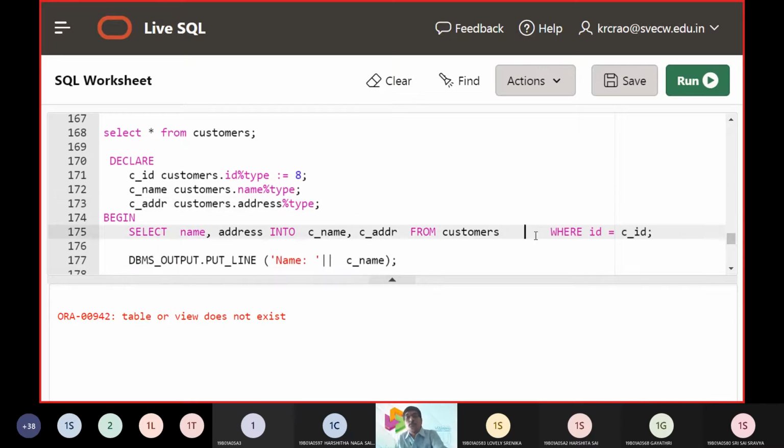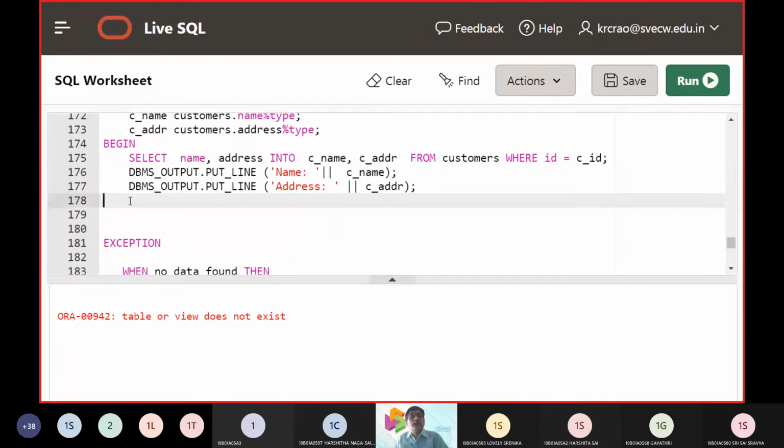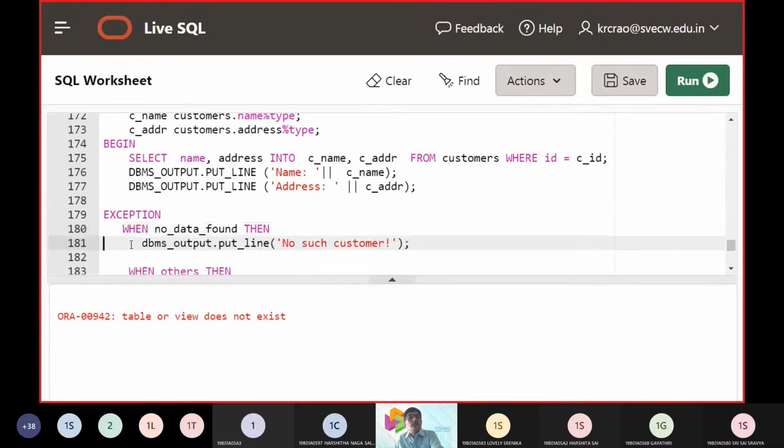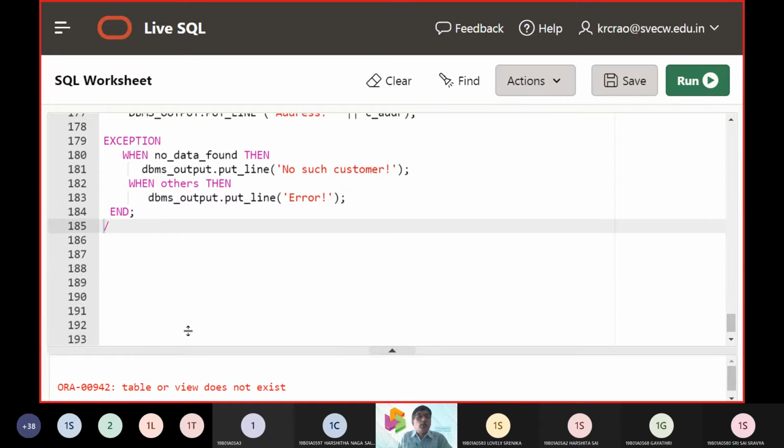Next, we are working with the SQL command clauses. In the SQL command, we used a from clause, then we used a where clause here. And then if the ID, say 8, exists in the table, it will print the record. If it does not exist in the table, then it is not going to display the record. So that is the agenda of taking the program here.